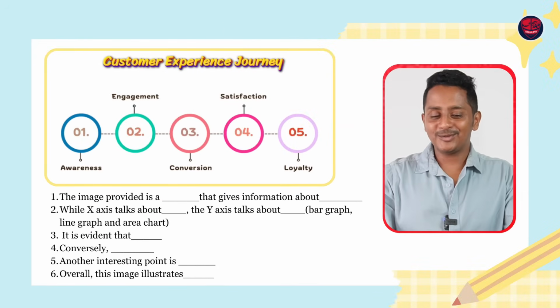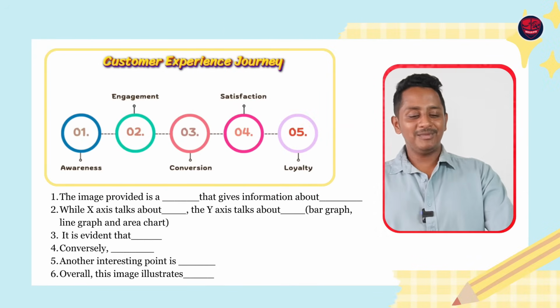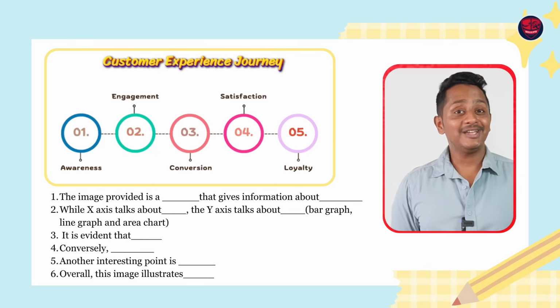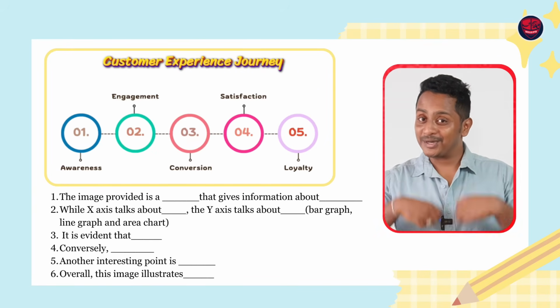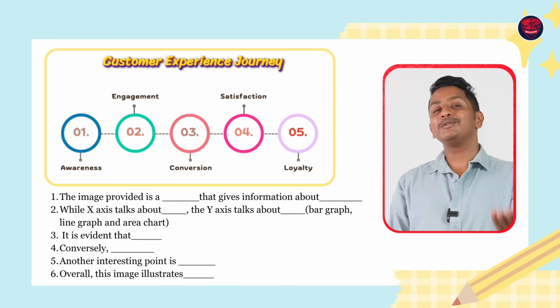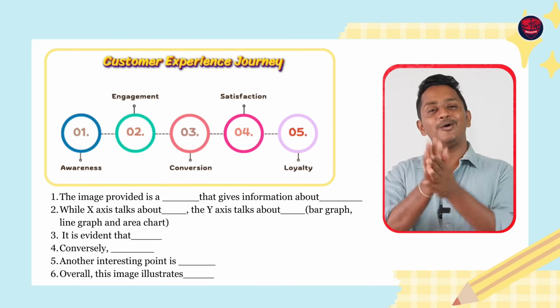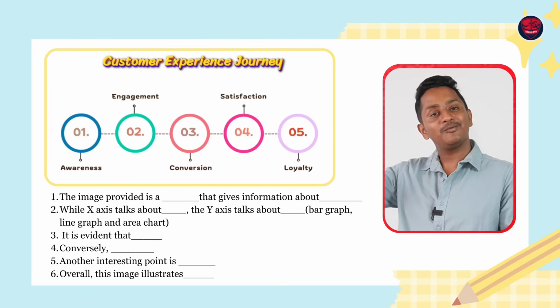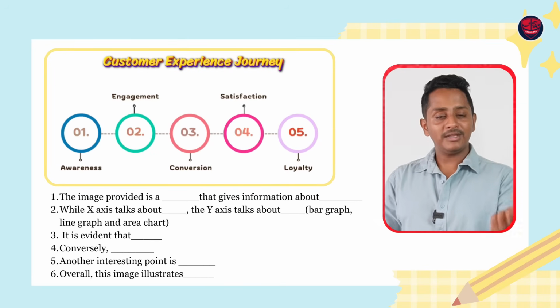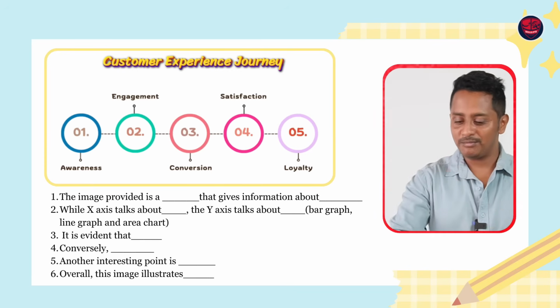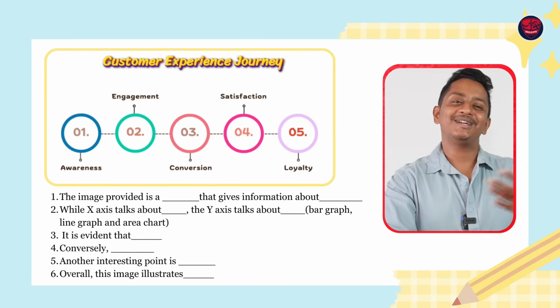The image talks about customer experience journey. 1 means awareness, 2 means engagement, 3 means conversion, 4 means satisfaction, 5 means loyalty, and click next. You don't get scores. Remember, you have to bring the connection. This is what a keyword template looks like. Just point, done and dusted. Finished eating, washed your hands, and went home and slept. No, whatever keywords you are about to bring out, make the connection between them, so that you're going to get the scores.